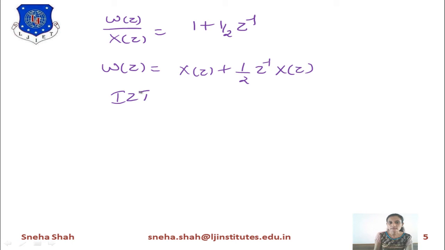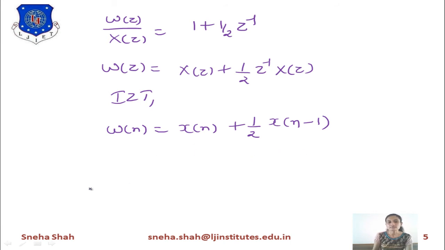Now you will find the inverse z transform of this. So the inverse z transform of W(z) becomes W(n). The inverse z transform of X(z) equals X(n), plus over here we apply the time shifting property. The constant term will remain as it is, 1 by 2. X(z) will convert into X(n), and because of this z raised to minus 1, it will give you the shifting by a factor of 1. So it will give you the answer like this, right?